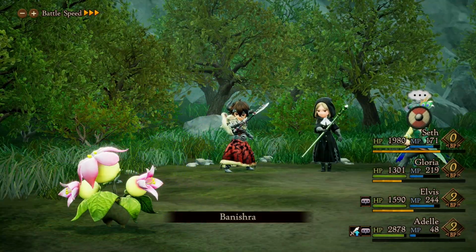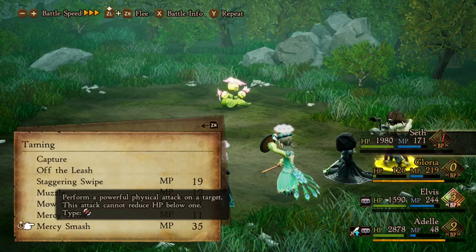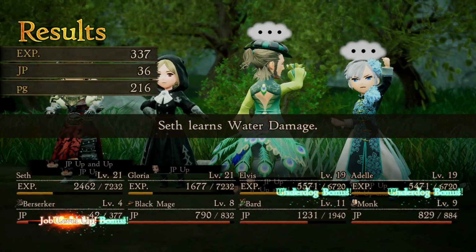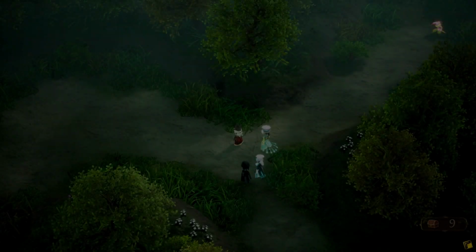I'll sit this one out. This is the only unfortunate thing about not having two anymore. But we'll Mercy Strike and then Capture. Come on. And there we go. That's 3 Petunias. The reason we want them, Seth learns water damage, is because that light attack they were hitting me with,